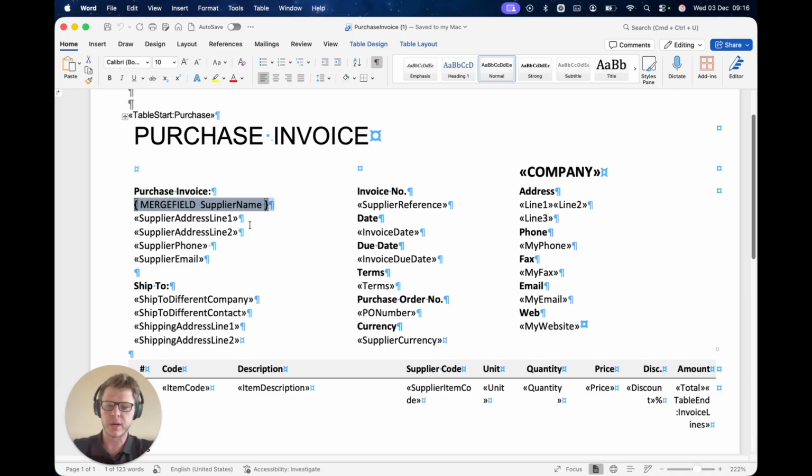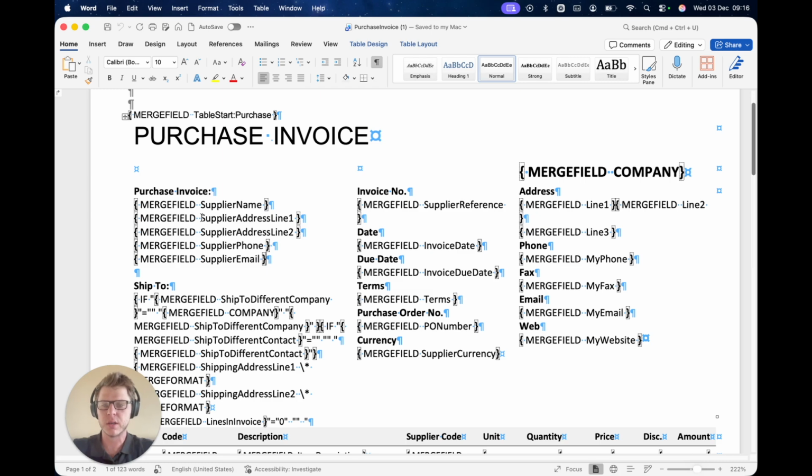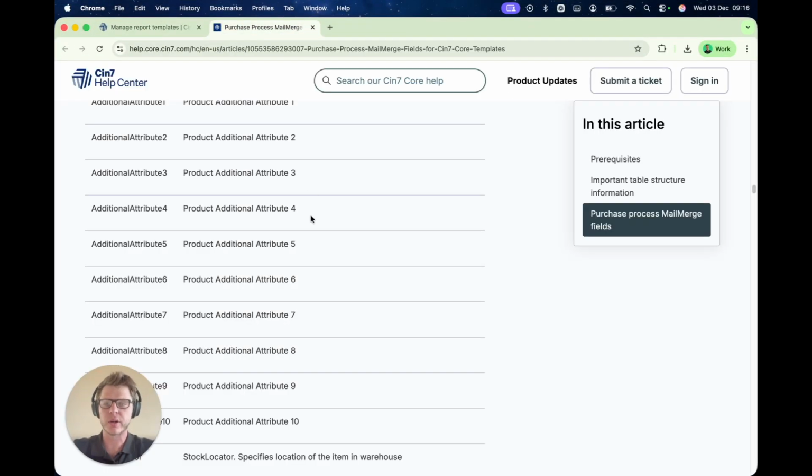The front portion of it is almost just the name or the title of the merge field that we are going to be editing. Then when we go into the template, we have to toggle the field codes and open it up. Now we have access to changing the type of reference that the document is going to call for. There are a lot of help articles on Cin7 Core on how to edit these documents and which merge fields call from what line. So if we go on to our help article for the purchases, for example,